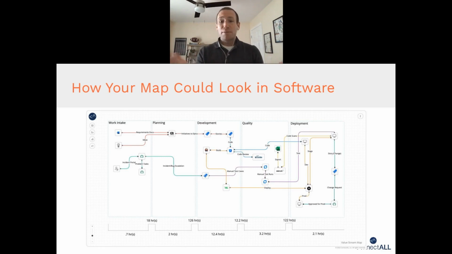So how could a map look in software delivery? Perhaps something like this. You'll see that you have a variety of stages from work intake through planning and development and quality all the way through deployment. And within that, you have different ways that the raw material, in this case, a request or an idea, enters into the value stream. And then you have different methods to not only get out to production, but then also you have feedback loops